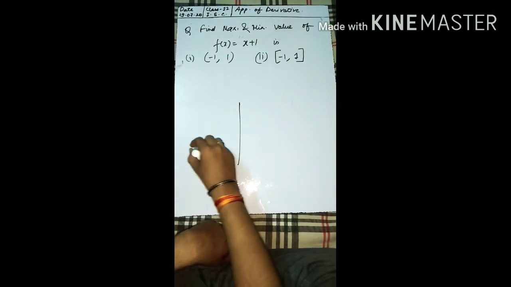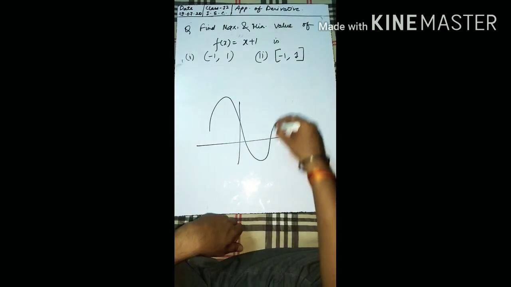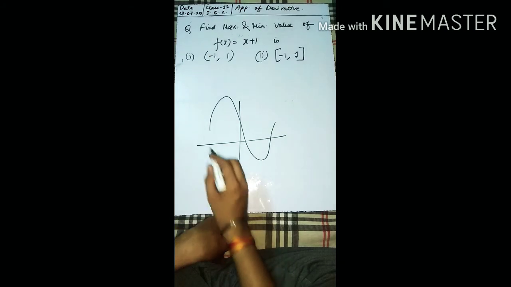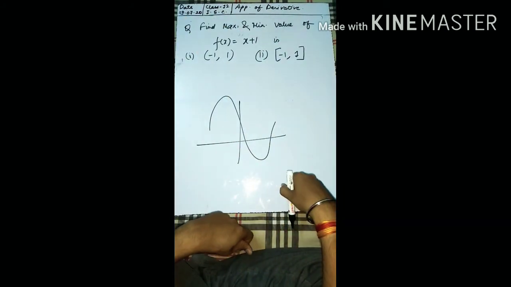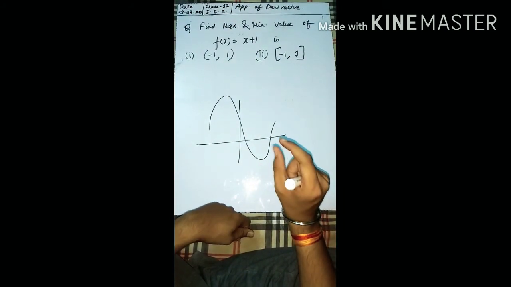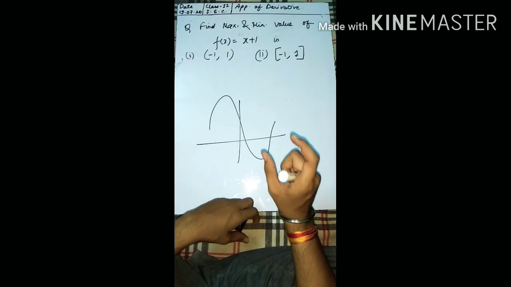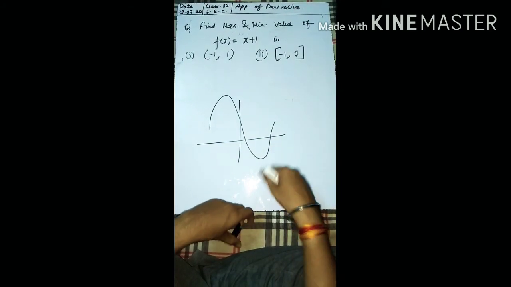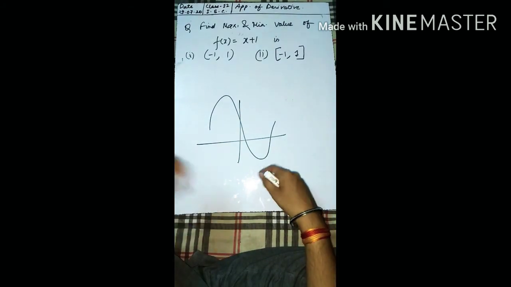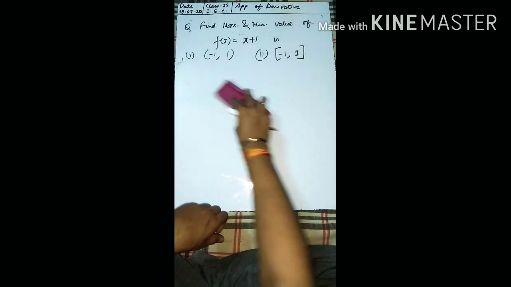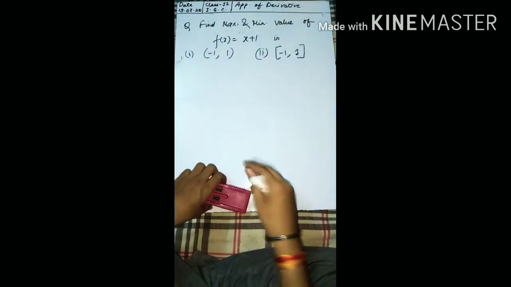Why? Because if your graph is like this, then there should be some critical value, no? Then only will you get the maxima and it will go to the absolute minima. There should be some change, a turning point, in your function. That turning point will decide which will be your maxima and which will be your minima. So always try to see the turning point of your function. And how to get the turning point, I have explained to you.